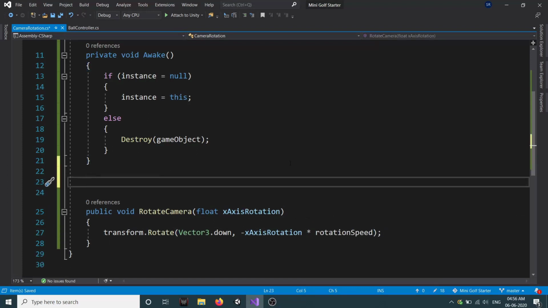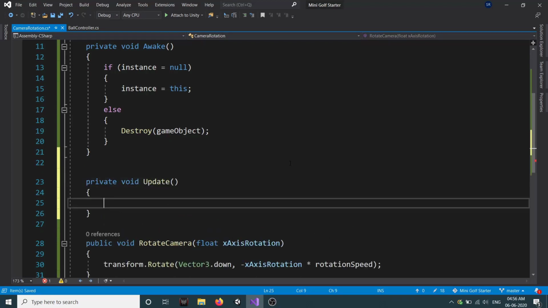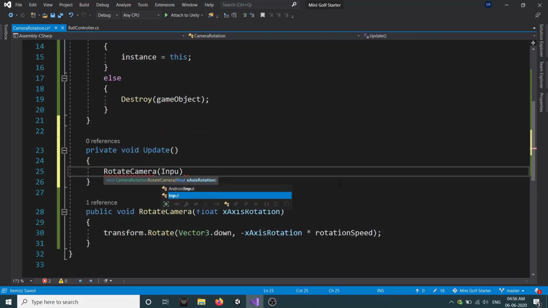Now we will call this in our update, so void update, and we just set our rotate camera, and our input as x-axis rotation will be input dot get axis, which will be mouse x.